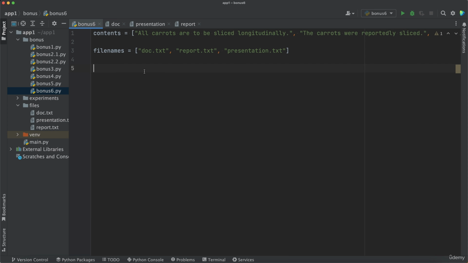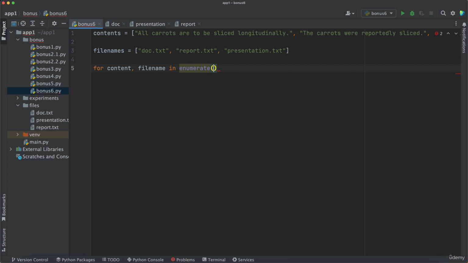So how do we create multiple files? Well, when we say the word multiple, that means we need a for loop which iterates over contents and over filenames. So we're looking at 2 variables at the same time. We need to fetch this and that in the first iteration, then in the second iteration fetch that and this one. And to be able to do that, we use these 2 variables and we iterate over,